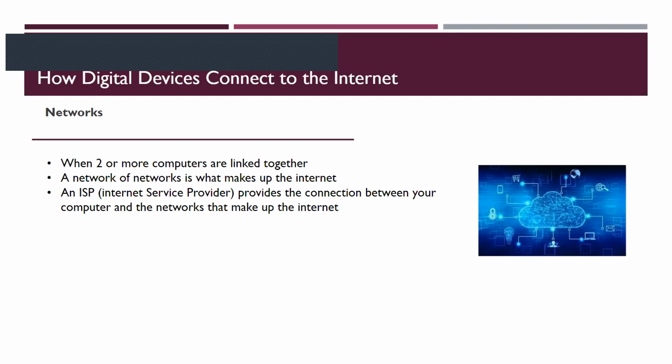A little bit about the internet and how devices connect to it. So the internet is, in its simplest form, when two or more computers are linked together. It's like, not way back in the day, I'm not that old, but old Game Boys, before they were wireless, when you'd have to connect the cable together to trade your Pokemon, that would be a network, more or less.